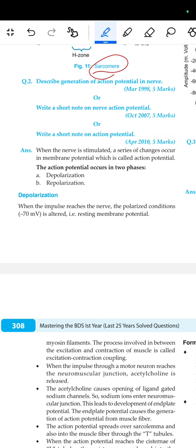When the nerve is stimulated, a series of changes occur in the membrane potential, which is called the action potential. The action potential occurs in two phases, depolarization and repolarization. Depolarization: when the impulse reaches the nerve, the polarized condition of minus 70 millivolt is altered. That means the resting membrane potential. And after this comes